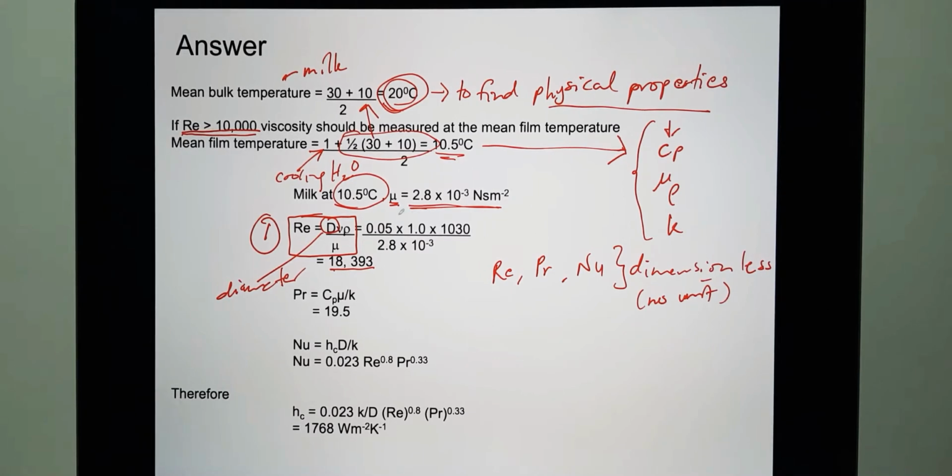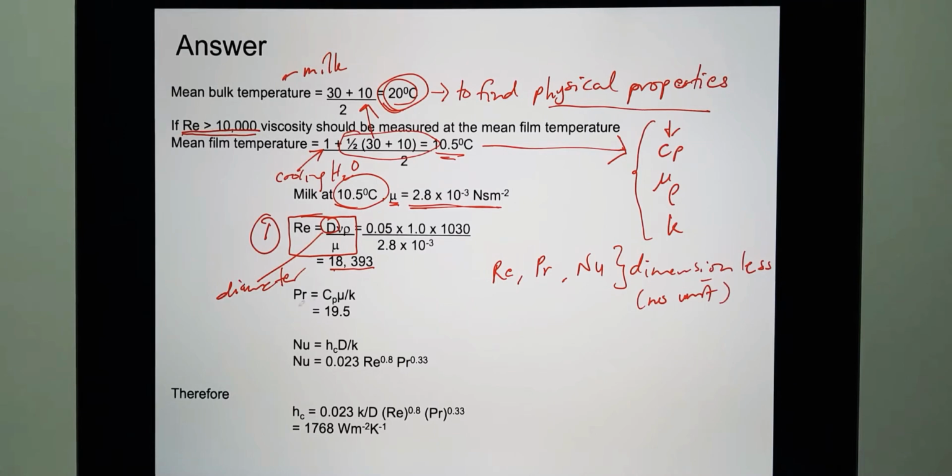You can try to put the units in each of these values, then you can see that all the units will be cancelled out, whereby you will be left with no unit at the end of your answer. So when we calculate Reynolds equals dV rho over mu, you replace with all the values given in the problem statement, then you will get the value of Reynolds is